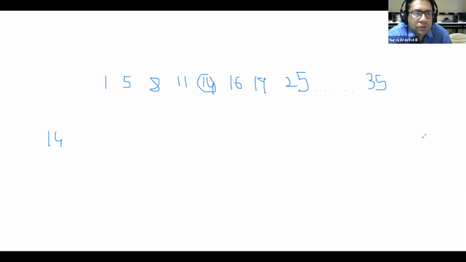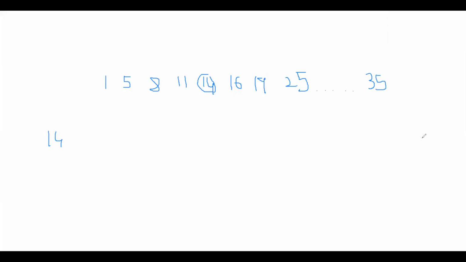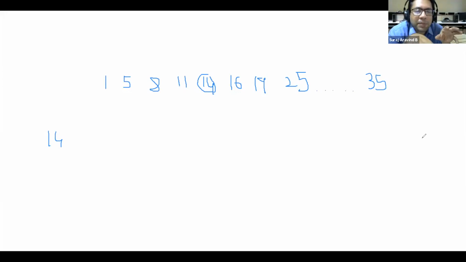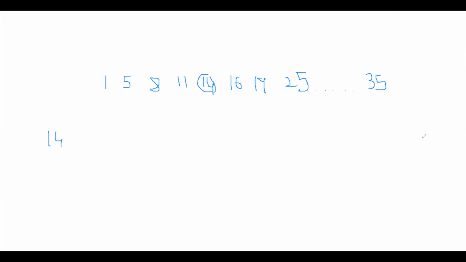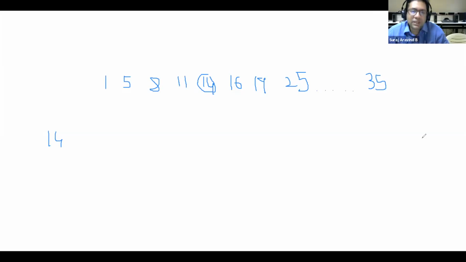I will go up to 1, 2, 3, 4, 5, 6, 7. I go up to 25. I will ask that 25th serial number, what is your number? He says 25. Okay. So I don't have to bother about the remaining part. I only have to bother about numbers after 25. We are leaving the numbers before 25. Yes. So randomly I pick a spot. Instead of the middle element, I just randomly select 25. I will ask, is 25 equal to 35? No. It's like randomly picking an index and checking with it.